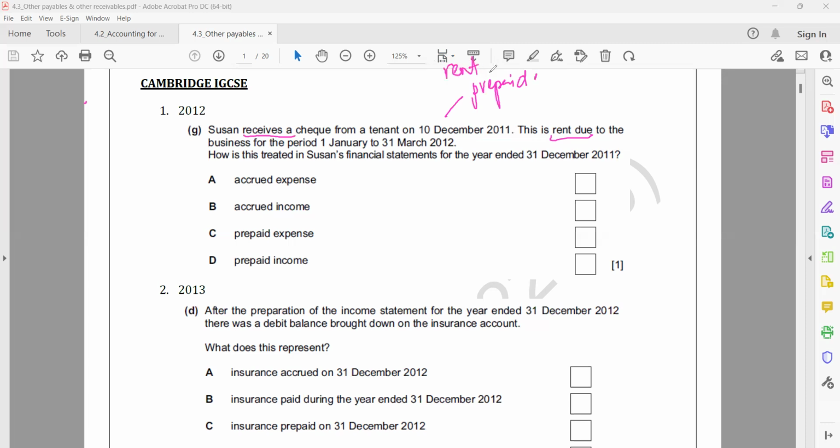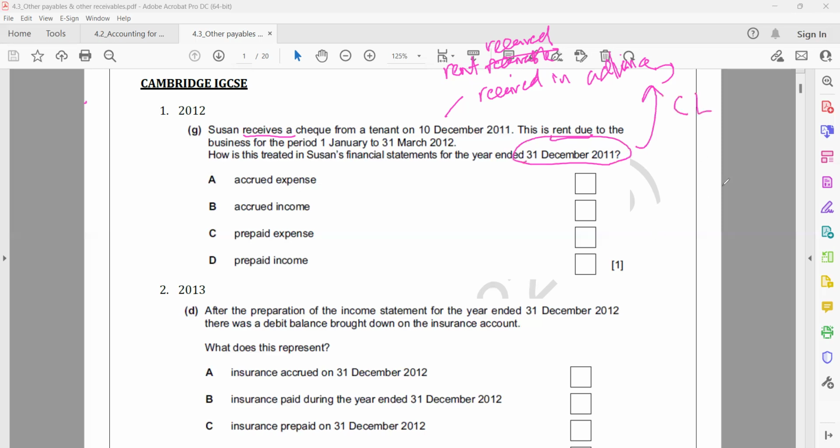rent receivable or received prepaid, or received in advance. Sorry, this one should be received in advance, because it's an income. Received in advance. This one is paid for the following year. Rent received in advance. So for the business, when we receive in advance,